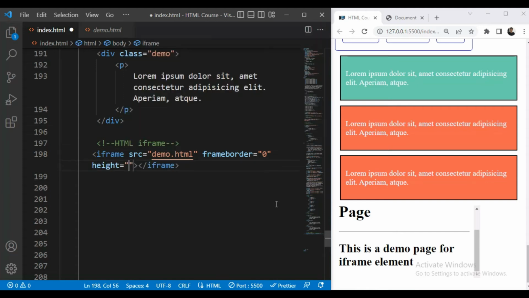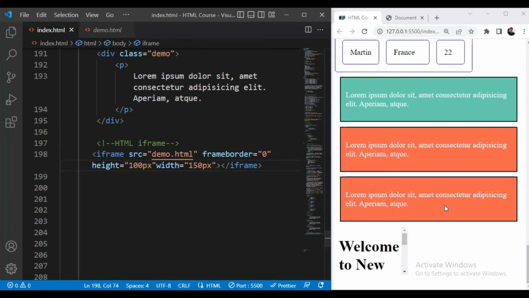So for example, height will be 100 pixel and width will be 150. So let us save this. So now you can see it is having the height of 100 pixel and width 150 pixel.